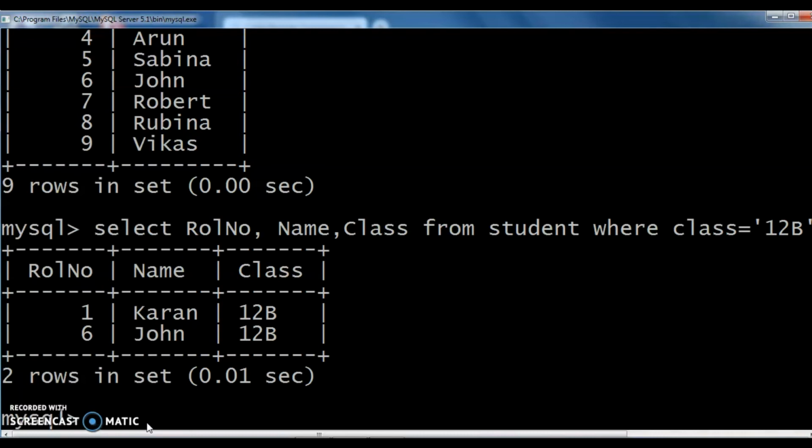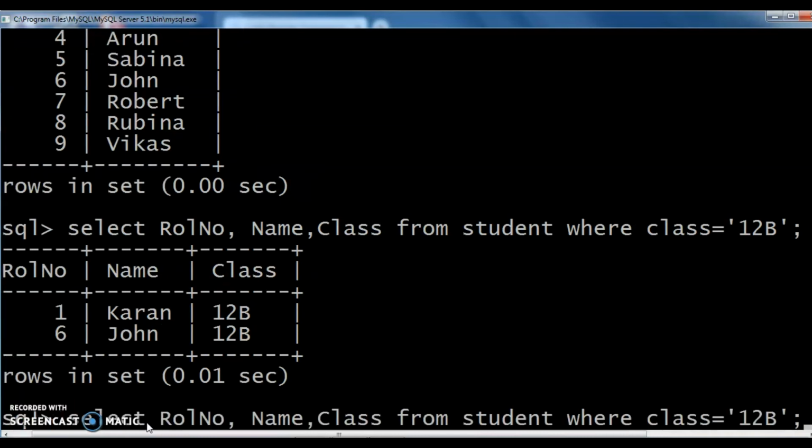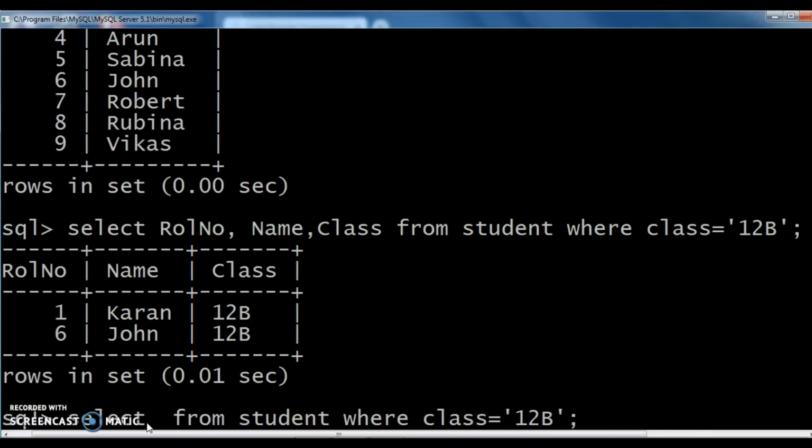Then more than one condition also we can apply in this where clause itself. Again, I changed this one. Instead of these 3 column names, I use the star, then class 12b and roll number is equal to 1.